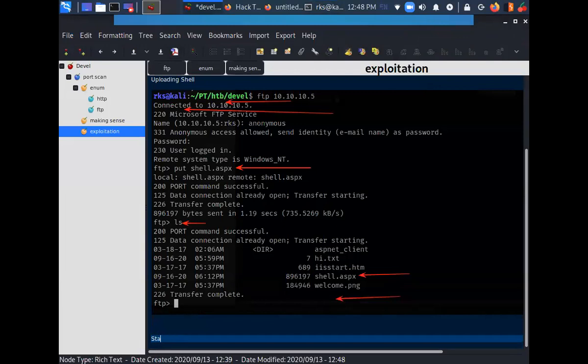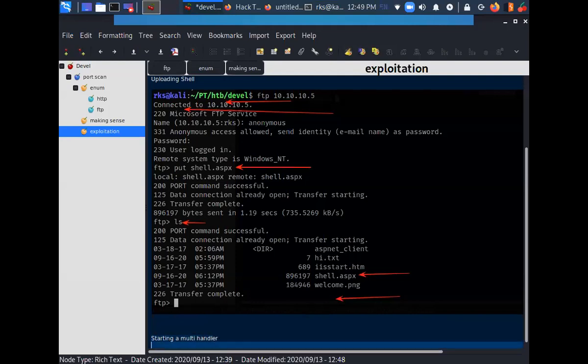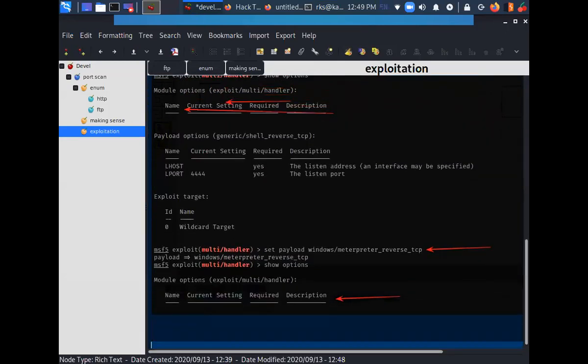Exploitation, starting a multi handler, paste it here.